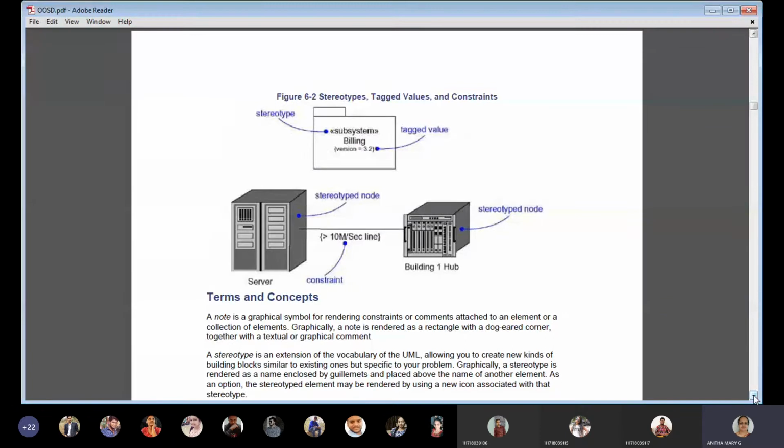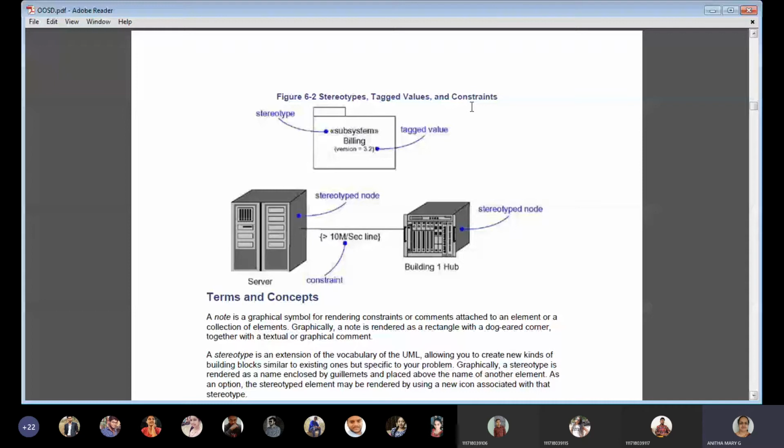Okay. So before we go into the details of those, what exactly are we going to learn? The abstract part we'll see first, and then we'll learn in detail. So under common mechanisms, just now I listed what all comes under that. So stereotypes, tagged values, and constraints.